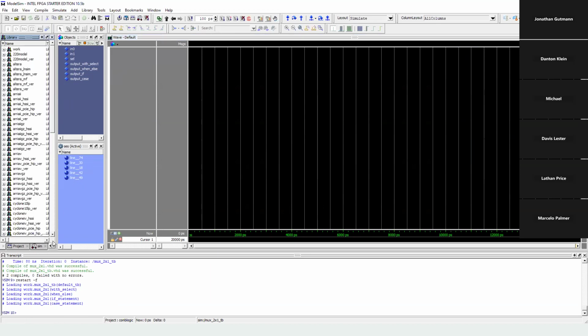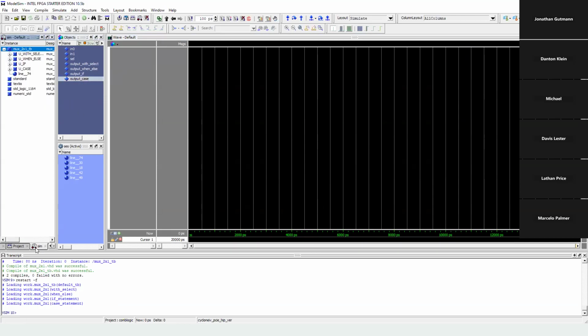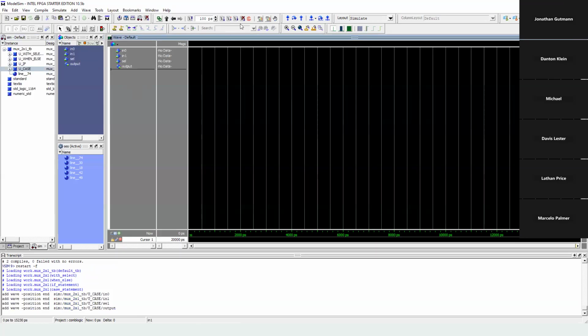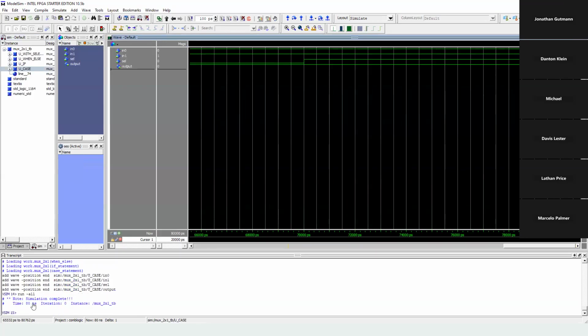Oh wait, there it is. Okay, so we're gonna click the specific one that we're using, specific architecture. We're gonna drag and drop these, run all, and it works still. Simulation complete. If there was an error, it would say it down here, according to the test bench. So now that we're done with that, we're gonna move on to the next thing,